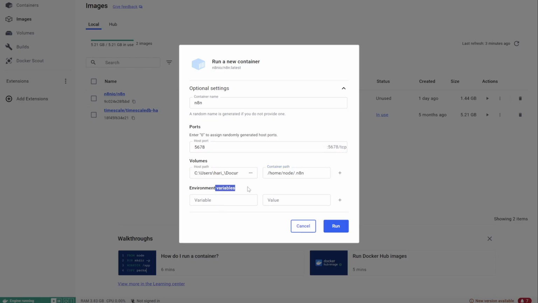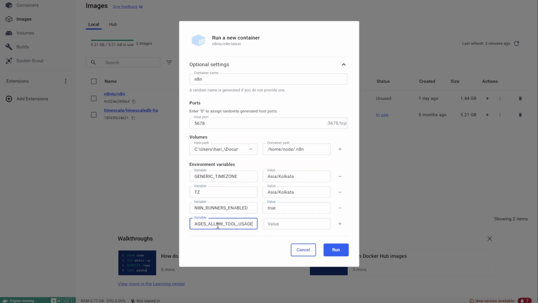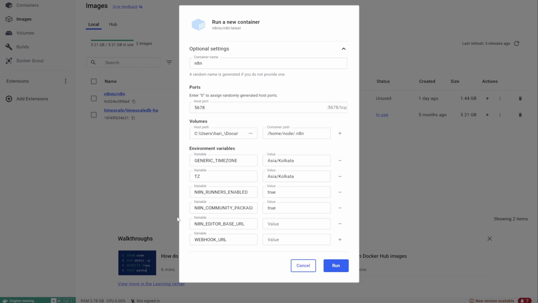Under environment variables, you also need to enable some of the important ones. The first one is the time zone, and you can find your time zone based on your location, as well as there will be a Wikipedia page where you can find what is the value. So if you see, first we have set the volume. This volume mapping makes sure your workflows and credentials survive a container restart, since the folder holds N8N's database and